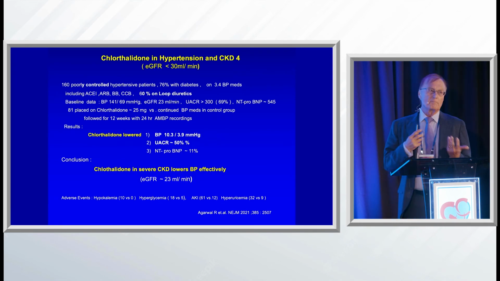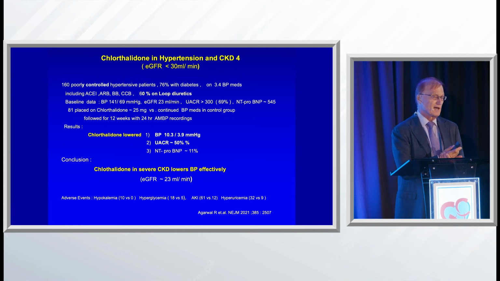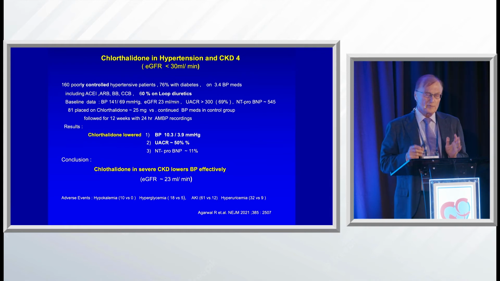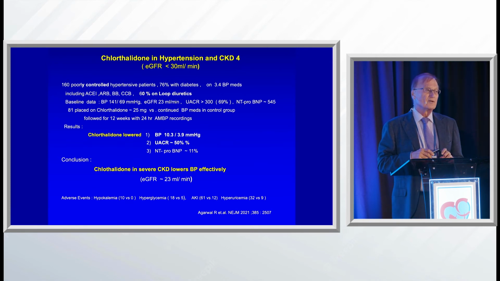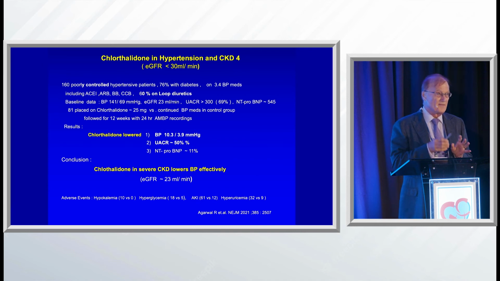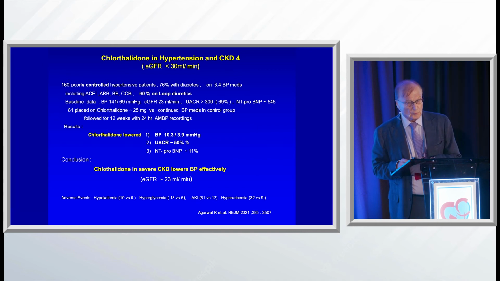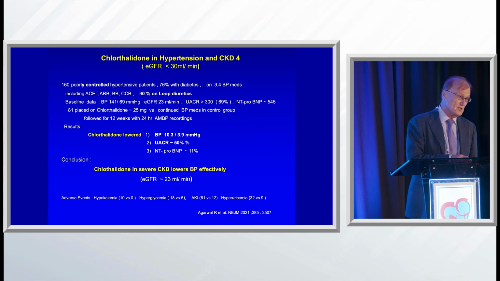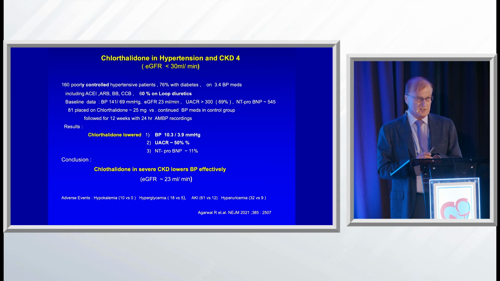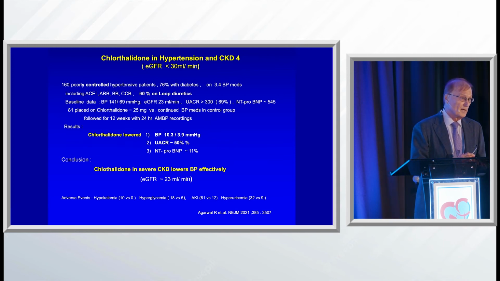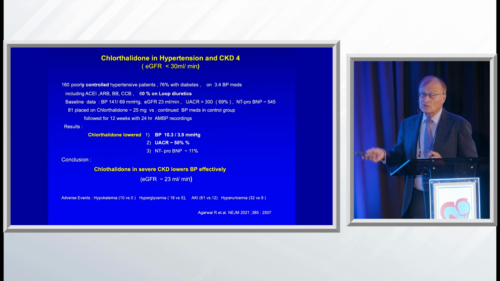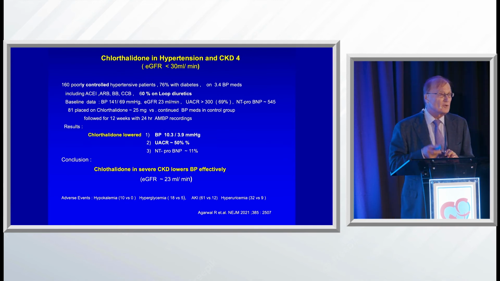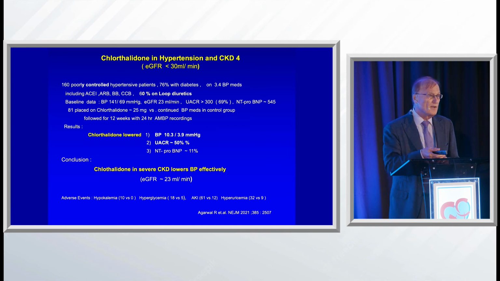And here comes the biggest news in nephrology last year. We always thought that if you have hypertension and your eGFR goes down to 35, 30, you have to stop the thiazides, and now the only drugs which work for diuresis from a heart failure standpoint and from a hypertensive standpoint are the loop diuretics. Absolutely wrong. We forgot that chlorothalidone works all the way down to an eGFR of 15.